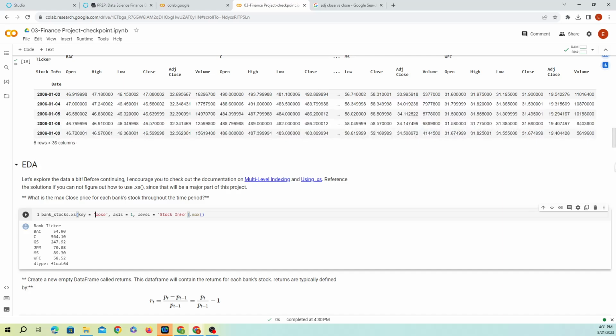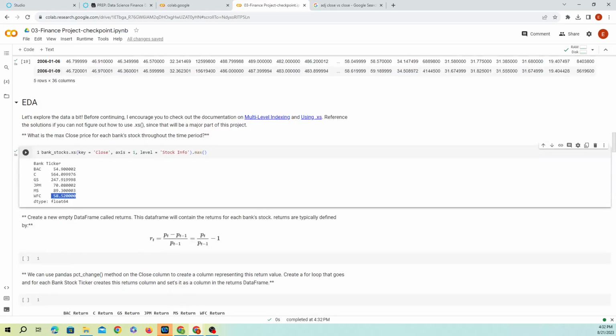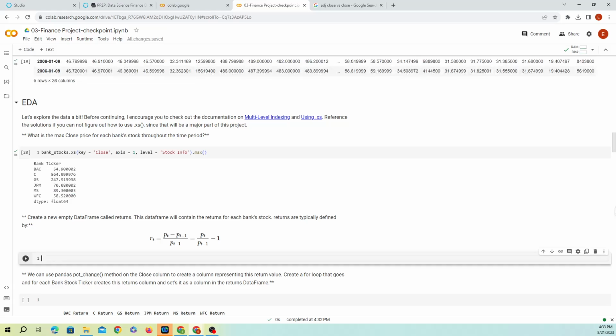There's also something that we can actually figure out: what is the return of each stock. So what we're going to do is create a new data frame called returns. This data frame will contain the returns for each bank stock. Returns are typically defined by, so here's the formula, the return of every stock. So we're going to create an empty data frame. We're going to say returns equals pd.DataFrame,